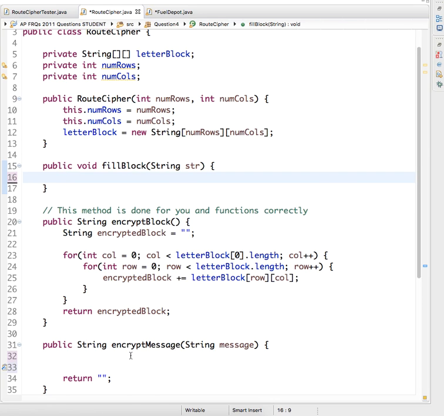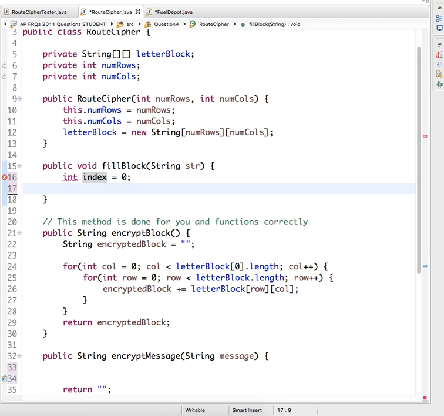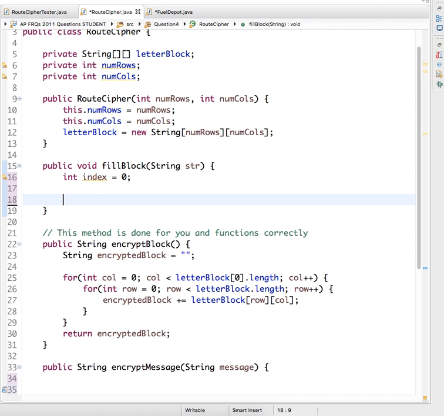So we have to figure out a way to keep track of both the position in the array and the position in the string, which are going to be different. So the first thing I'm going to do is set up a counter for the index of the string at which we are. But now we need to set up loops to look at each